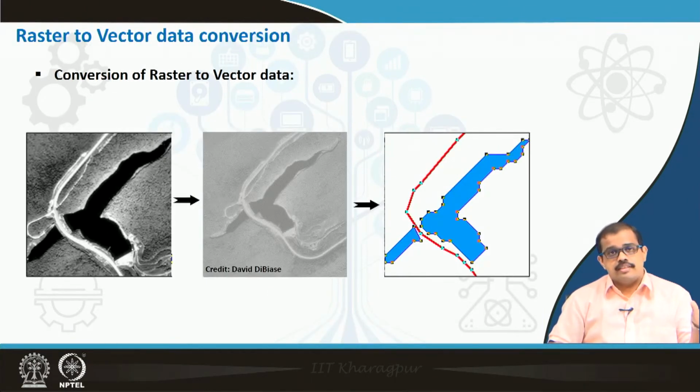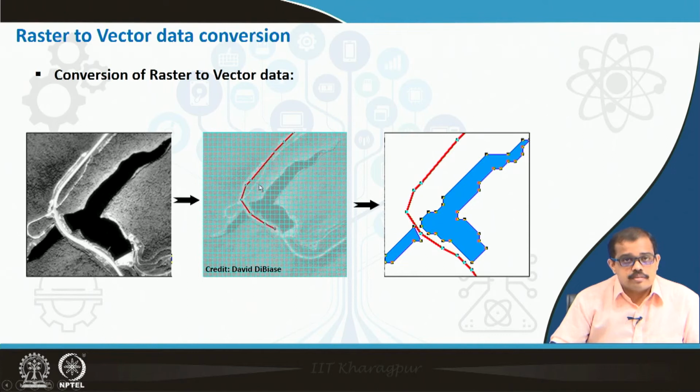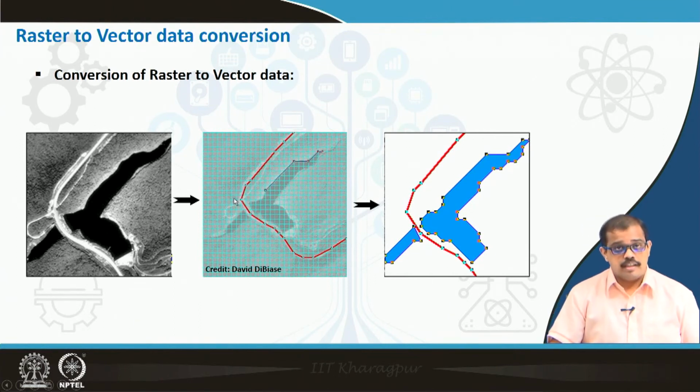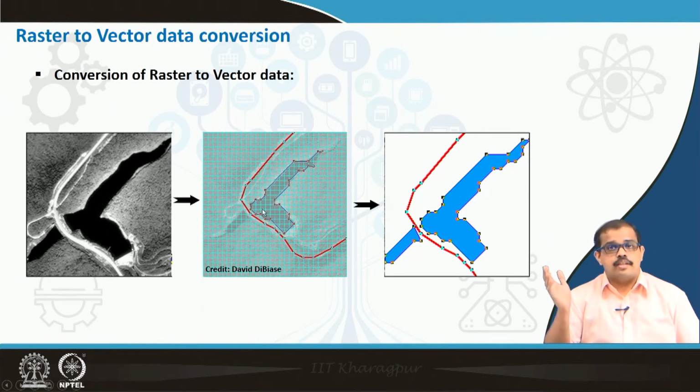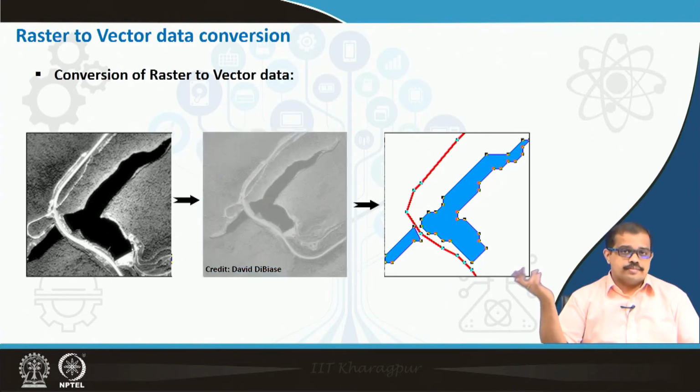So, just let me show it to you again. This is a number of grids that are there. So, you start placing it like this and you go on digitizing it. I spoke about how you digitize in my previous class. Then you are digitizing this lake, this water body here. Okay. This is the first water body and you have the second water body that has been digitized. So, you have 2 different polygons that have been digitized and can be used as vector data.